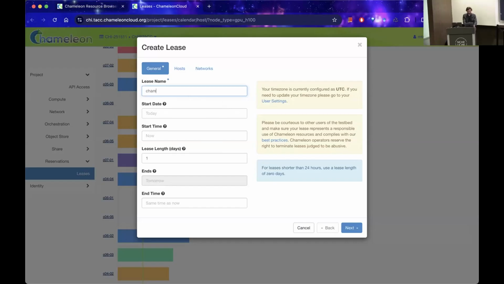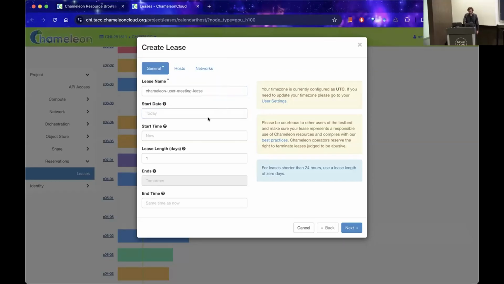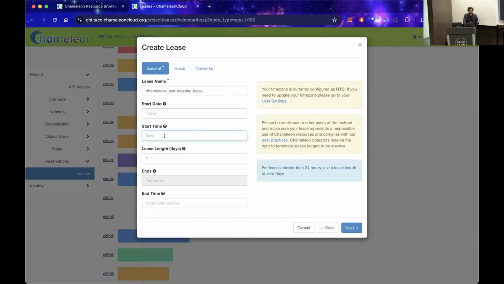the Chameleon user meeting lease. So really the only thing required on this first page is the lease name, just basically whatever you want to give it. And then the other important thing here is this is where you're going to specify the duration of your lease. Start date, start time, the default is today, right away. But if I wanted to start later, I could choose the 23rd, next week or whatever,